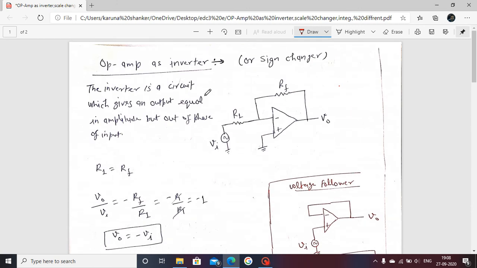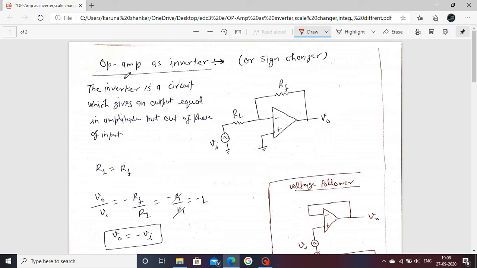We have already seen there is an inverting amplifier and a non-inverting amplifier. Inverting amplifiers are those amplifiers which invert the input waveform, so the output comes 180 degrees out of phase shift. The overall conclusion is that when the input signal is applied to the negative terminal of the op-amp, that is called an inverting amplifier.